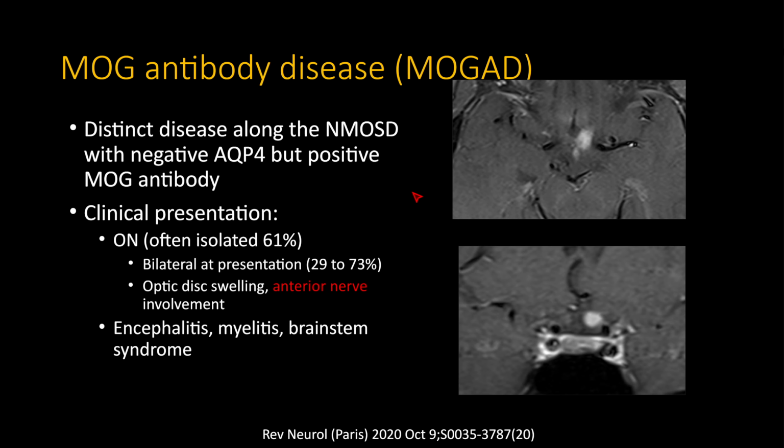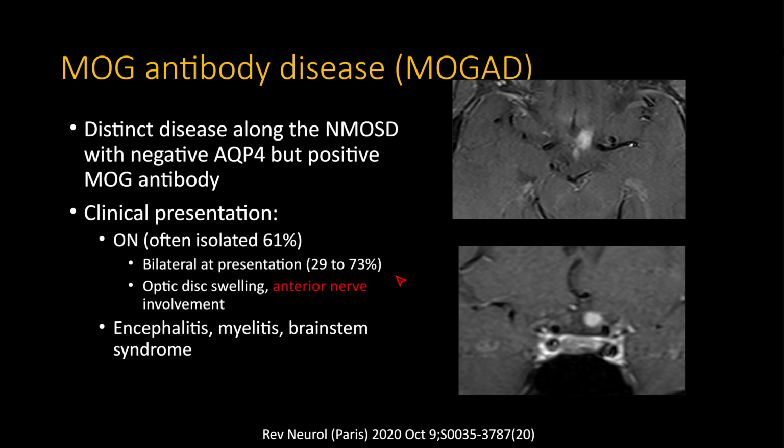Now, the clinical presentation of MOG tends to have some overlap with NMO in that optic neuritis is the most common initial clinical presentation in MOG, and one thing that's unique about MOG is that it's bilateral at presentation very frequently, almost 50% of the time, depending on some series. The optic neuritis of MOGAD is thought to have a lot of disc swelling, more than other causes of optic neuritis, and anterior nerve involvement is considered to be